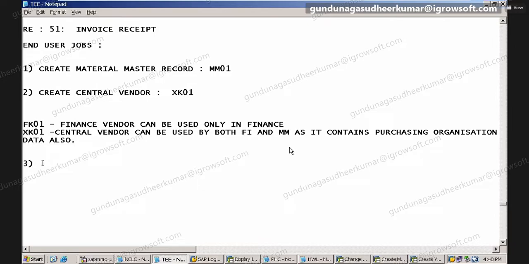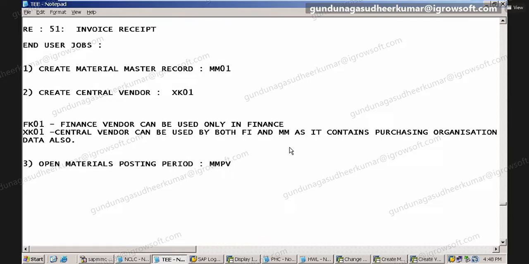Step number 3 is open material posting period. By FI period we have seen, but now we have the MM period. So MMPV.